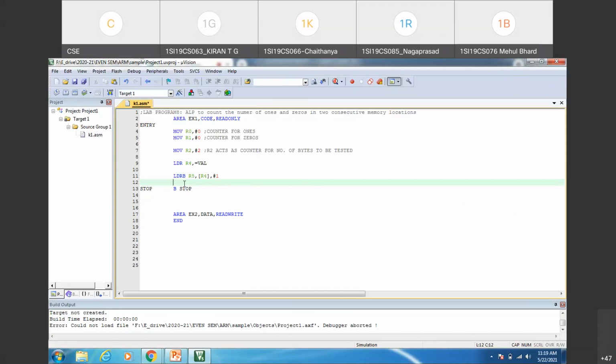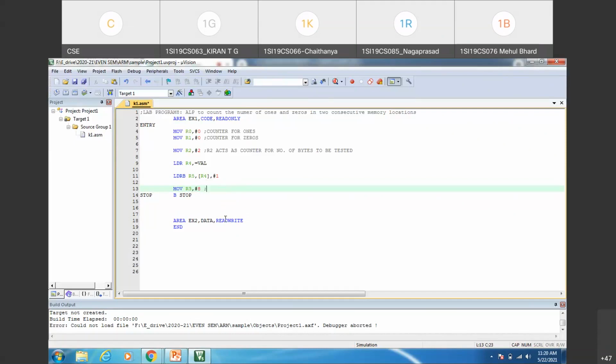Okay. So now, how many bits do I have to test in that byte data? How many bits are to be tested? In a byte data, how many bits will be there? 8, right? So for the inner loop, the counter I have taken is R3.